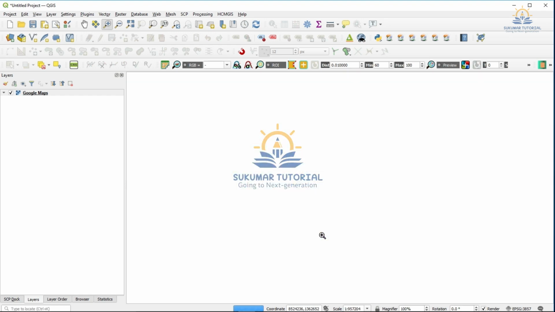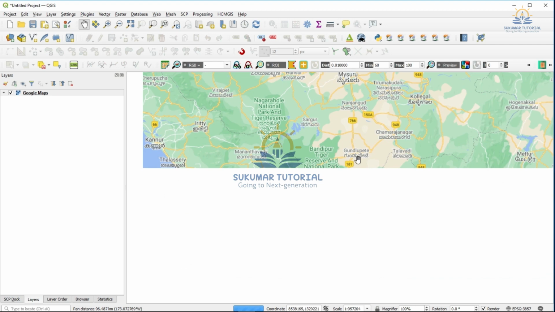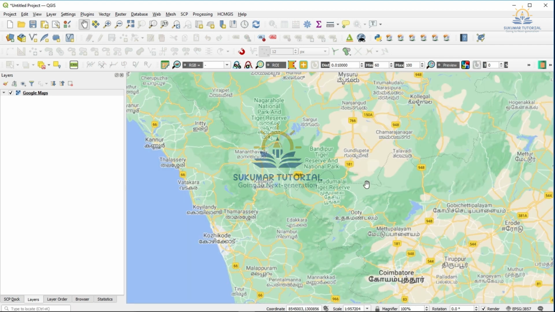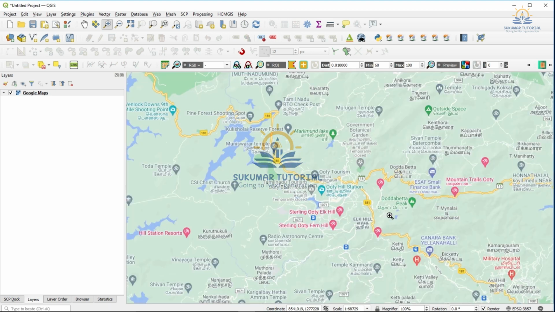When I use Google Map, say I go to the same Nilgiri area, Ooty, Udagamandalam area. I zoom it. Ooty area. This is Ooty. You can see the road network.